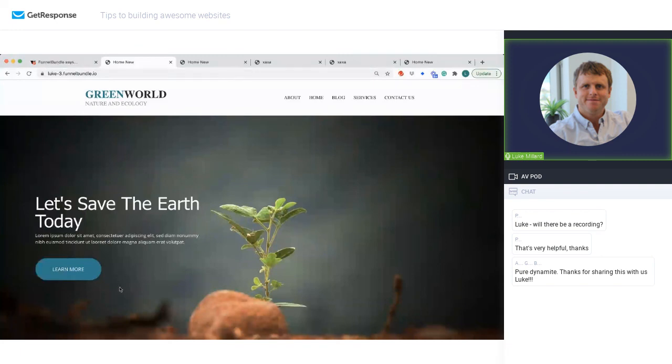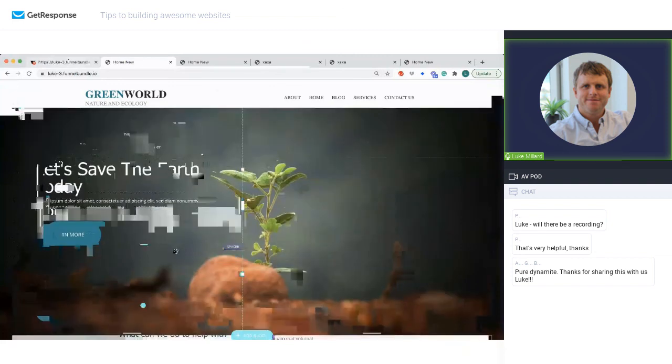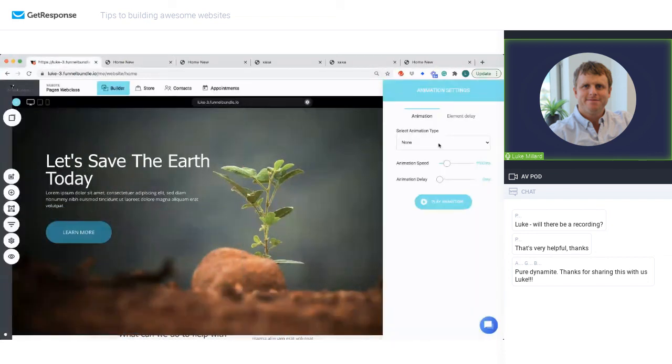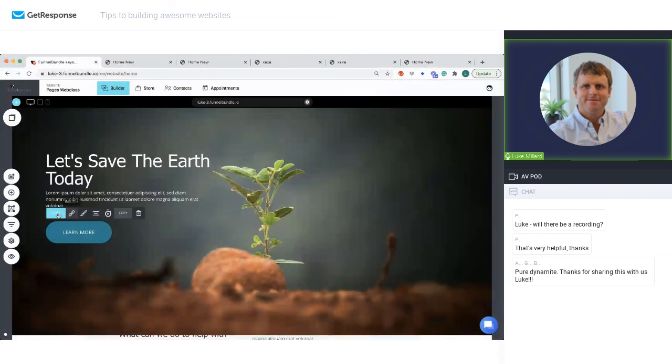You can also see the animation there on hover. So you can set that for all of your buttons. These little things, once you've built your core base of pages, it's nice to go back and start to think about, what do I want to add that just adds that little something. Again, don't go too crazy. Actually, I don't want to animate that. If you go to the edit